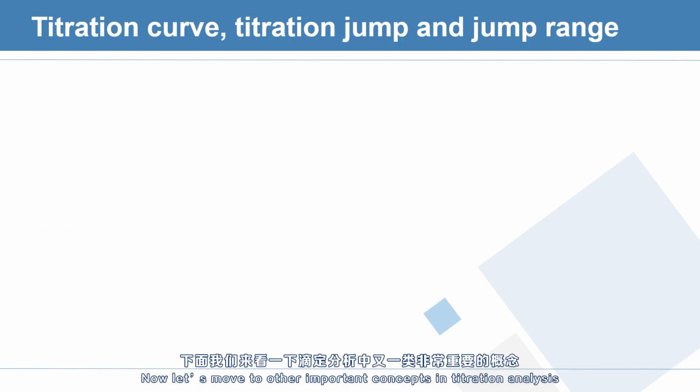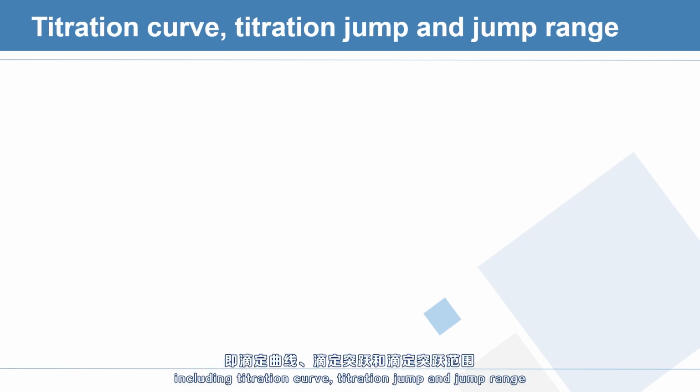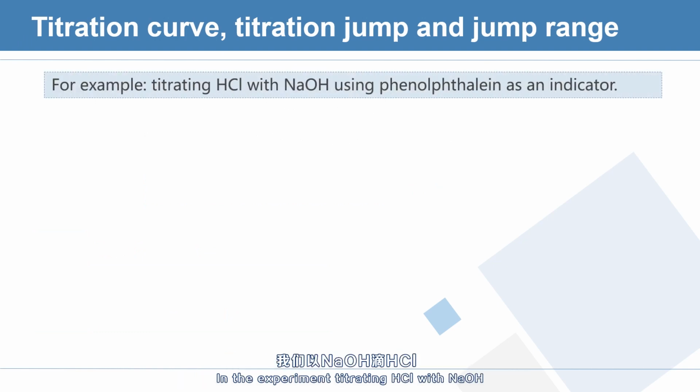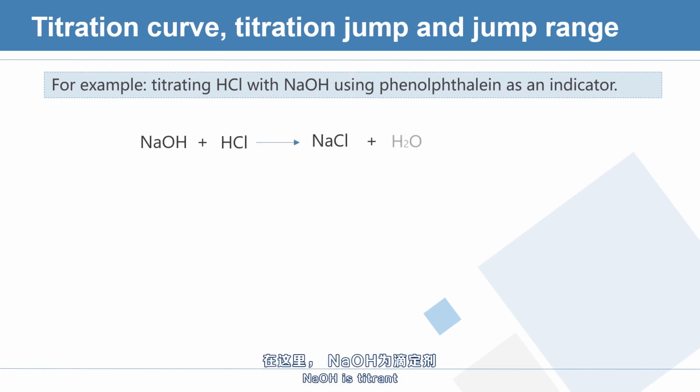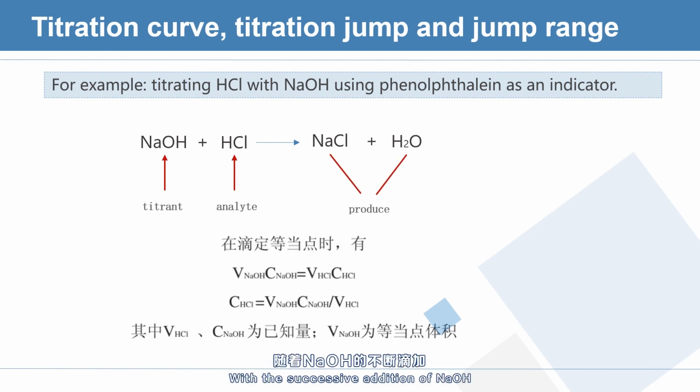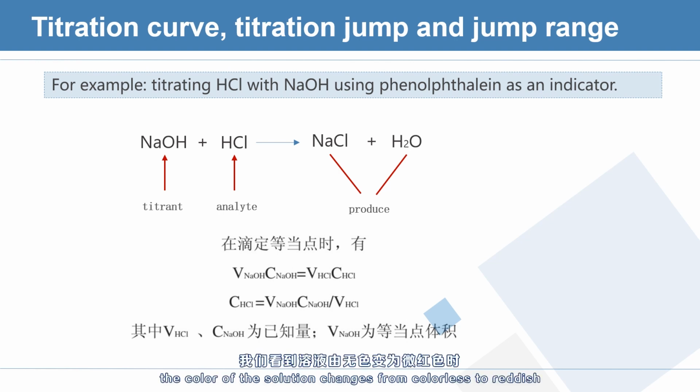Now, let's move to the other important concepts in titration analysis, including titration curve, titration jump, and jump range. In the experiment, hydrochloric acid is titrated with sodium hydroxide using phenolphthalein as an indicator. Sodium hydroxide is the titrant, and hydrochloric acid is the analyte. With the successive addition of sodium hydroxide, the color of the solution changes from colorless to reddish,